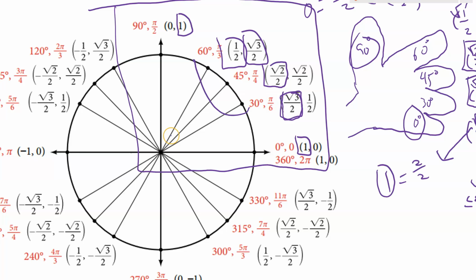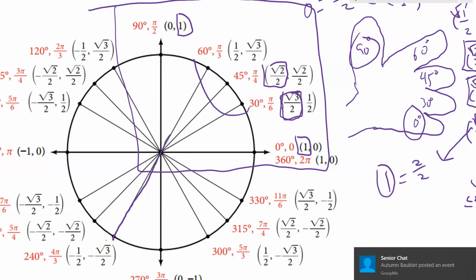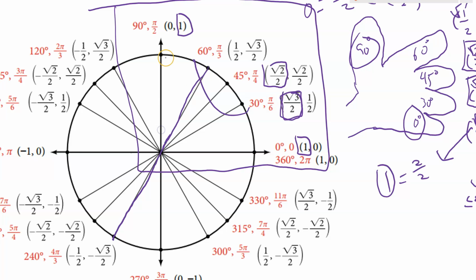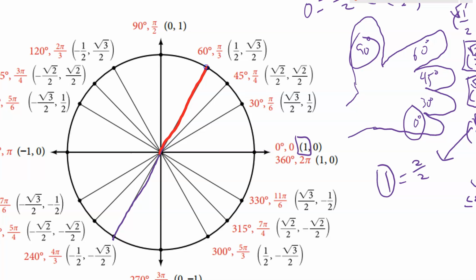Remember what I said about going 180 degrees? You're just changing the signs. Where this one's 1/2 and square root of 3 over 2, 180 degrees is the same values but opposite signs. Negative 1/2, negative square root of 3 over 2. To get from the first quadrant to the second quadrant, you just consider that reference angle. The 60-degree angle here